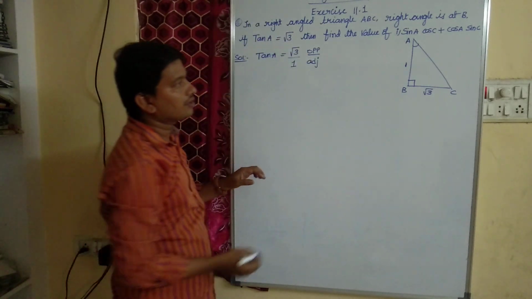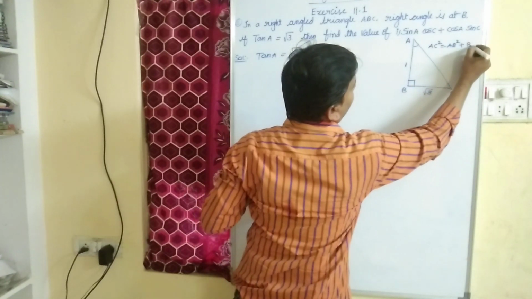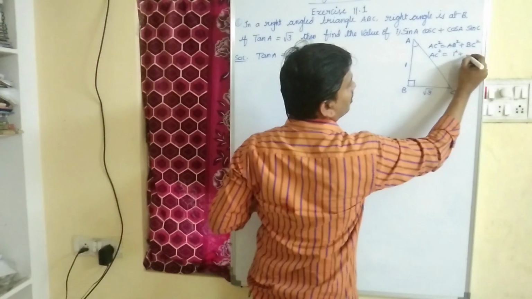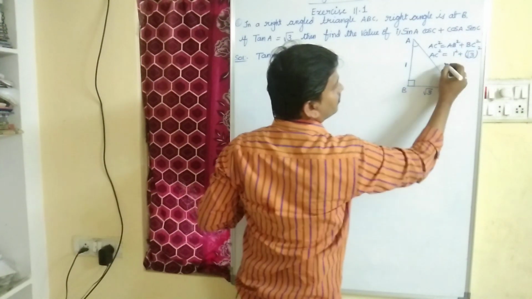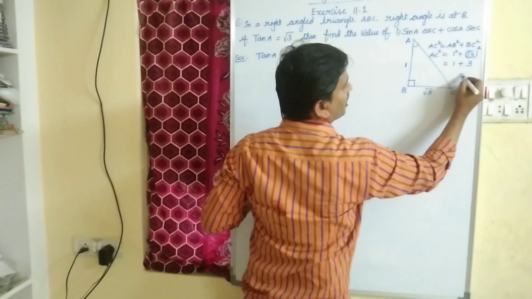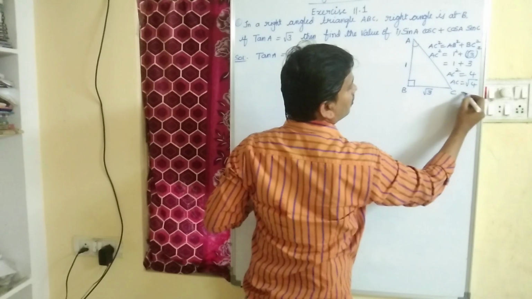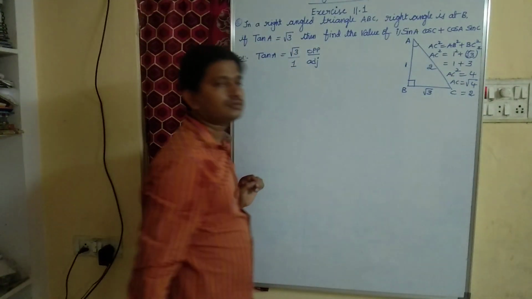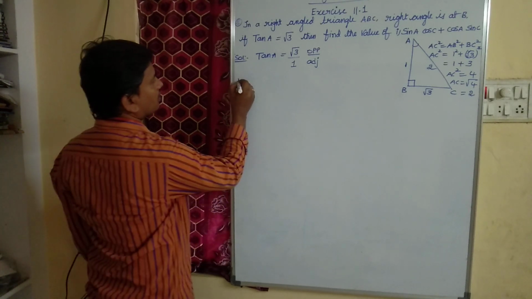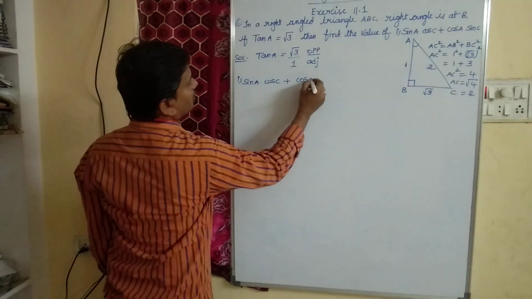So let us find AC. By using Pythagoras theorem, AC square equal to AB square plus BC square. So AC square equal to AB value 1 square, BC value root 3 whole square. So 1 square 1, square root cancel 3. So 1 plus 3, that is 4. I mean AC square equal to 4, AC equal to square root of 4. Square root of 4, how many units children? 2 units. Square root of 4 is 2 units. We got AC also. Now the first question is, they are asking to find sin A cos C plus cos A sin C.